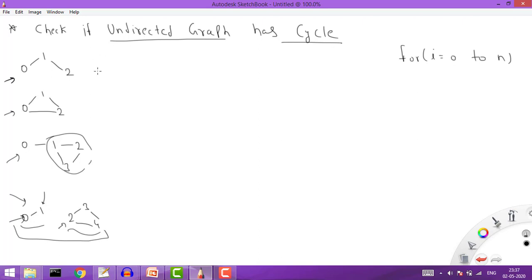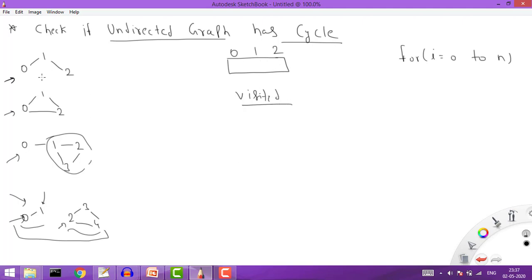So in DFS what happens is that we basically maintain a visited array, right? So in this case, let's say in this example, I have 3 indexes, 3 nodes. It means I'll create an array of 3 values, and this is a visited array. So basically this is a Boolean array. So at the starting all the values have false values.